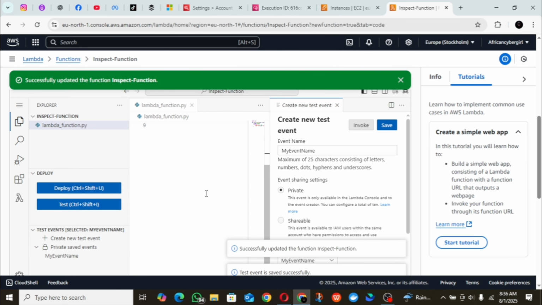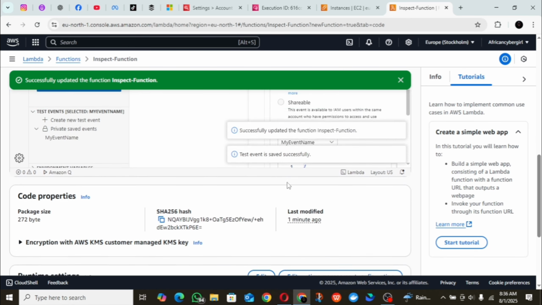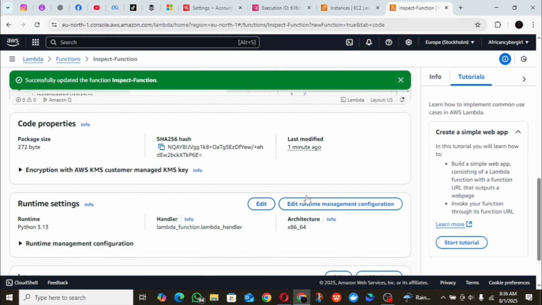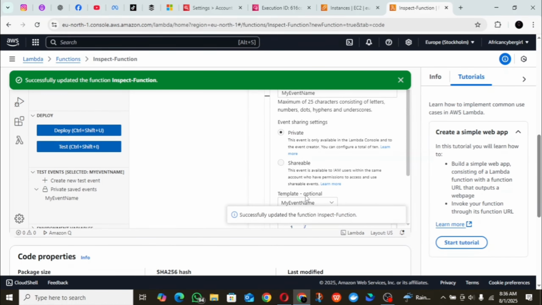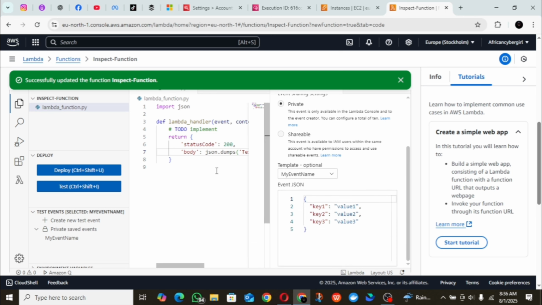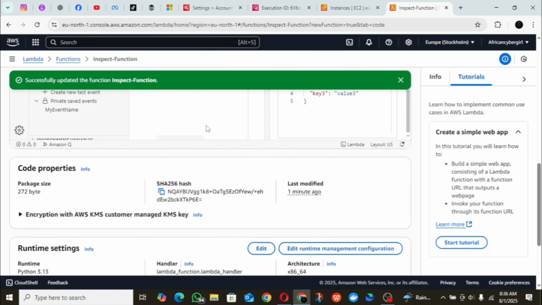Okay, successfully updated the function. Successfully updated the function, inspect function. All right. Okay, so I think when we scroll down here, okay, I was thinking I would see something else,